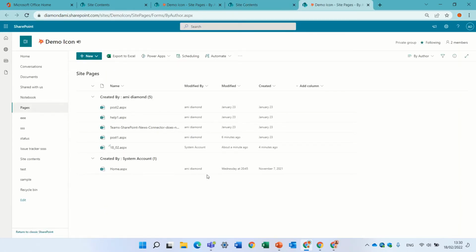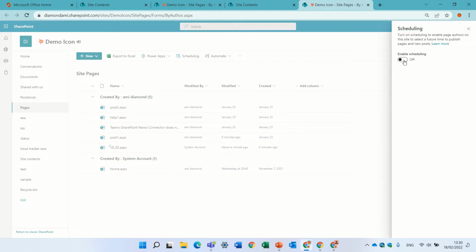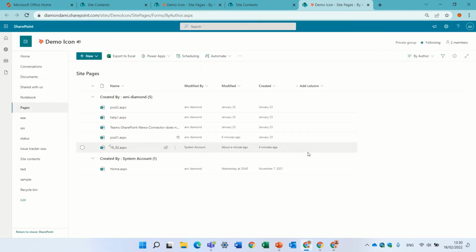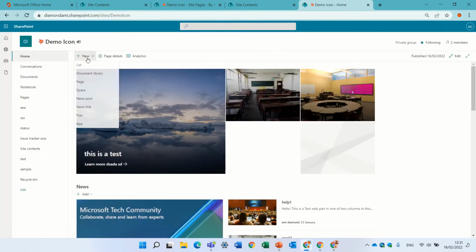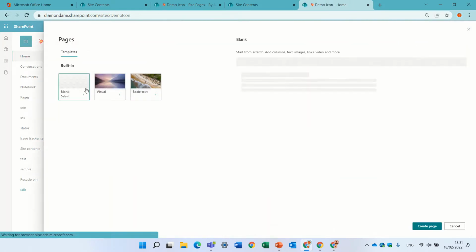In the site pages, on top we have the button of scheduling. We can enable it, and now it's enabled for all site pages. Now on each individual page we need to activate it. So what we will do is create a new page, give it a name,